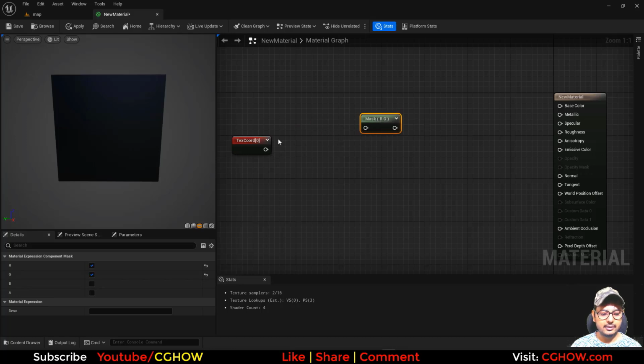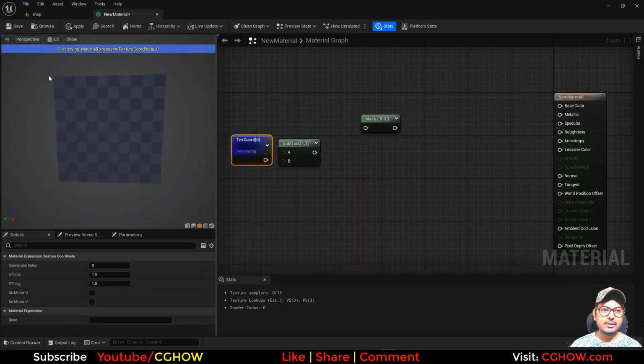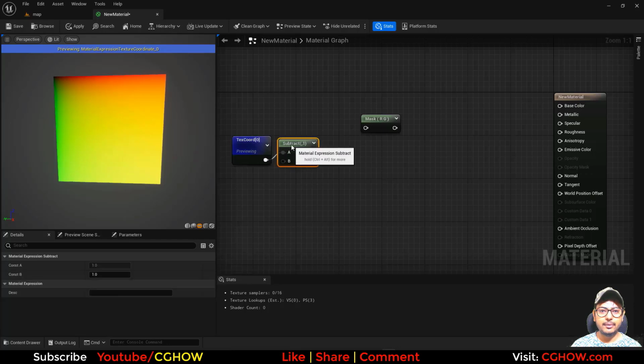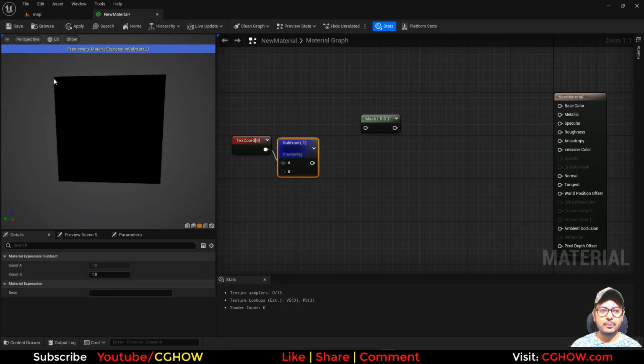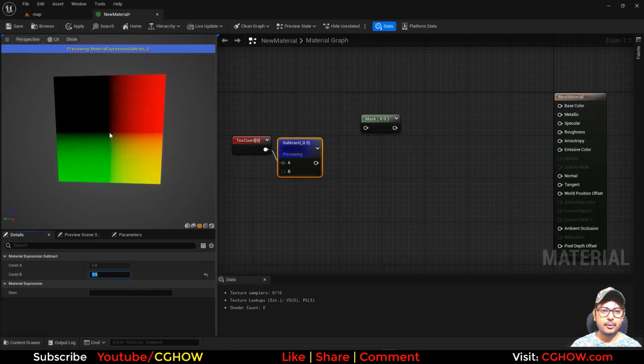Okay, and subtract. So this texture coordinate starts from here. This is 0 and this is 1, this is 1, this is 1. Okay. And when you subtract 0.5, this 0 will become minus 0.5, 0.5. And then this point where this was a 0.5 before, but now